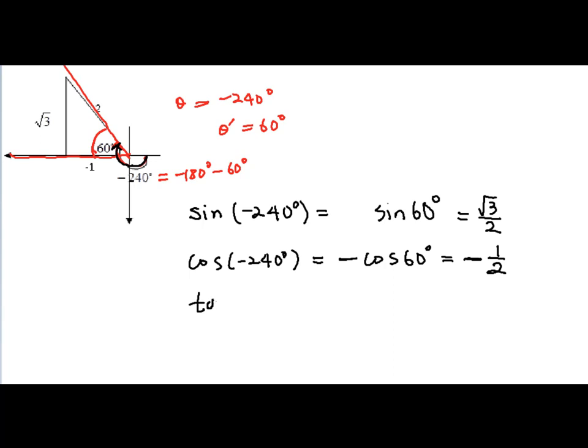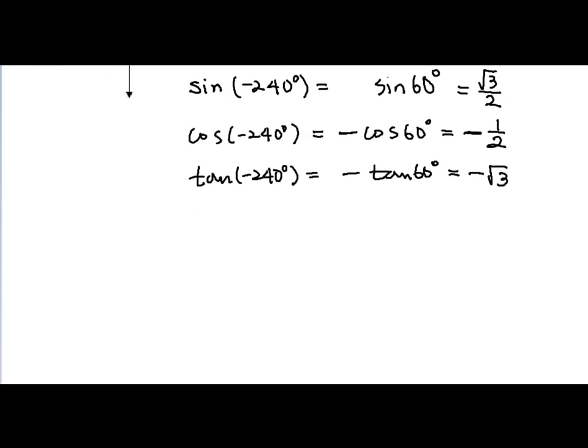Now tangent negative 240 is negative tangent 60 degrees, since in quadrant 2 tangent is negative. Tangent 60 is square root 3, so negative square root 3. This is how we use the reference angle to find the trig functions of non-acute angles. Now, there are questions